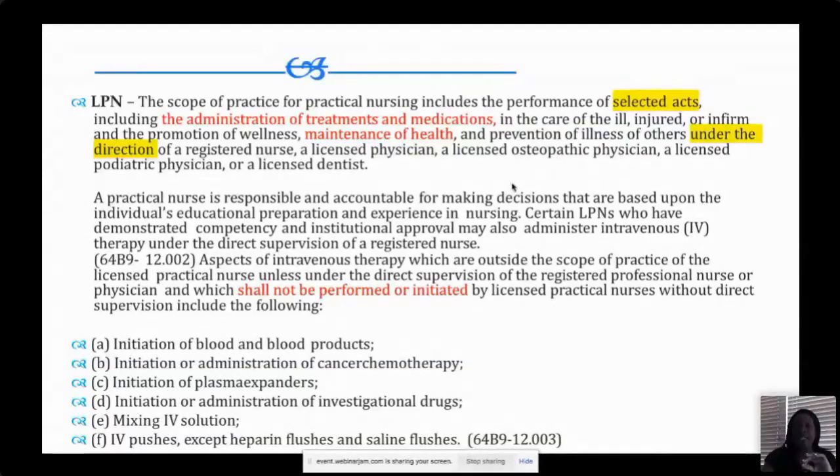Now, in some states, the PN can get certified in IV infusion. Certain LPNs who have demonstrated competency and institutional approval may also administer intravenous therapy under the direct supervision of the registered nurse. So they can, like antibiotics, not a problem, right? But here is where it gets complicated. Aspects of intravenous therapy are outside of the scope of the licensed practical nurse, unless under the direct supervision of the registered nurse or physician, and shall not be performed or initiated by the LPN without direct supervision, including the following. So no PN can initiate blood or blood products,